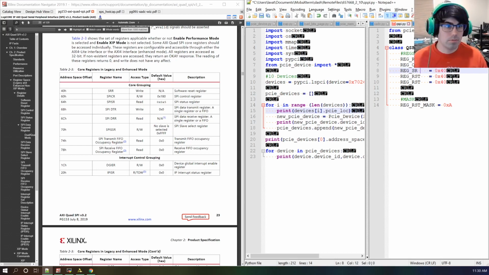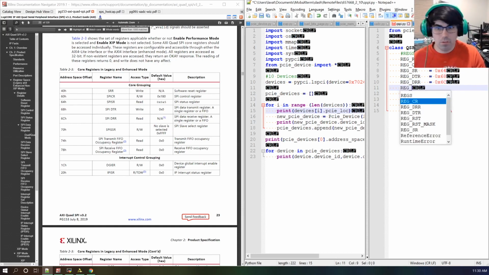Status register 64. So data to write, that'd be 68. Data reading, VRR is going to be, let's see,